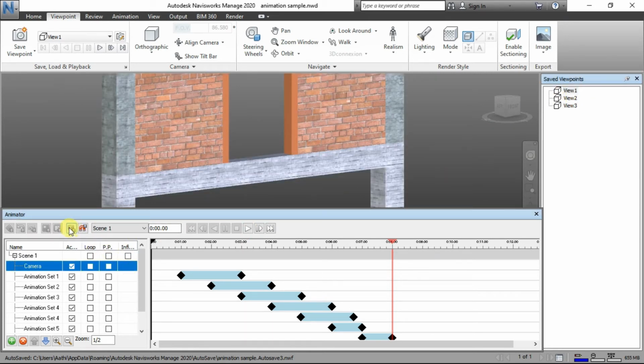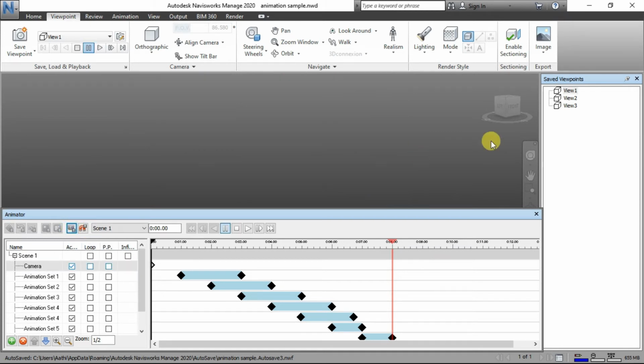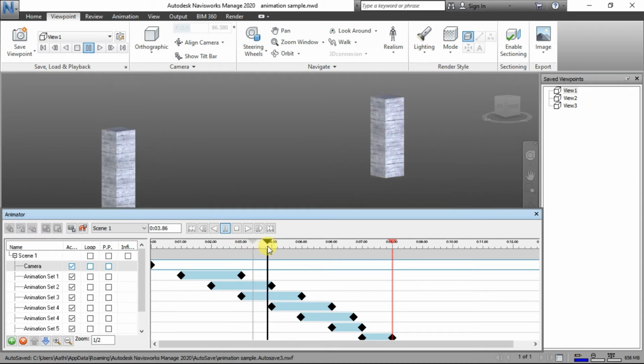So the view 1 remains from 0 seconds to the time which we are going to enter now. From 0 up to 3 or 5, it will be good, I think. So let me check.